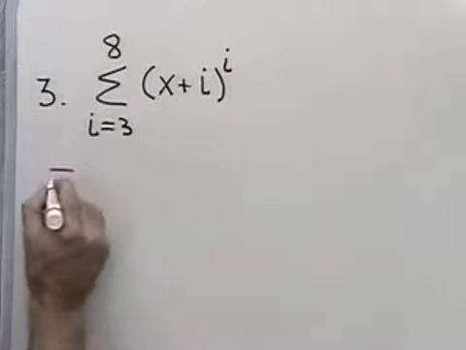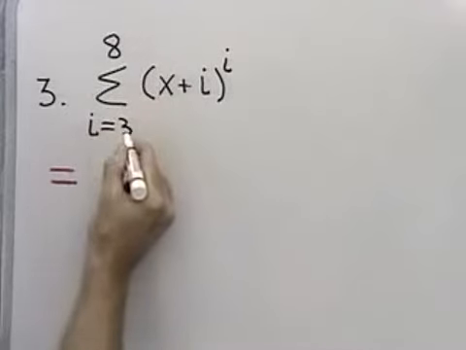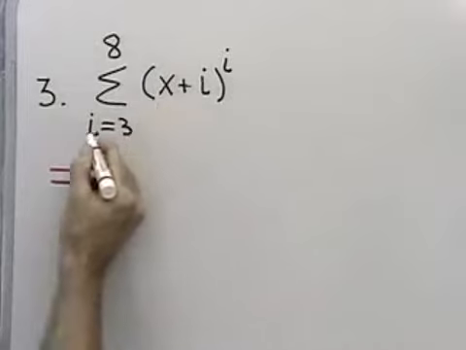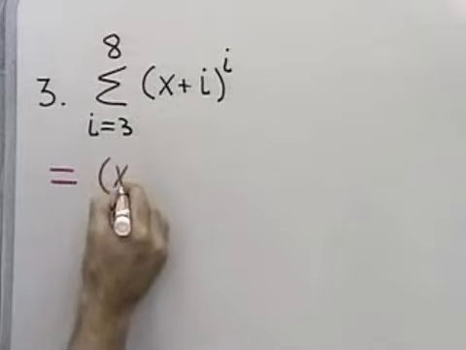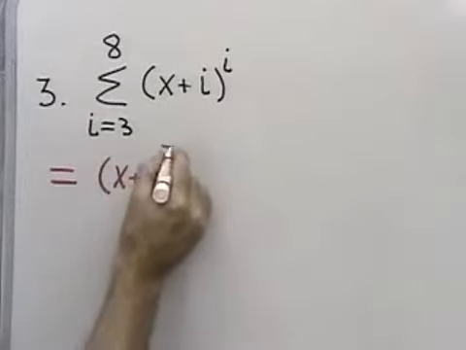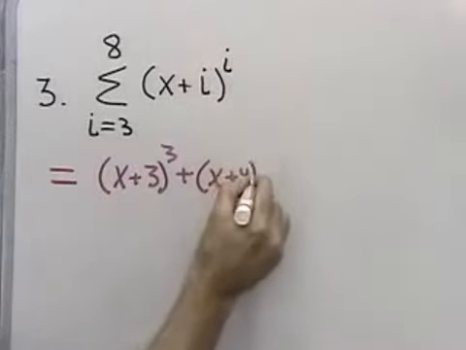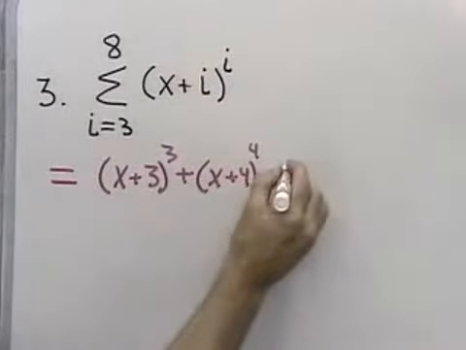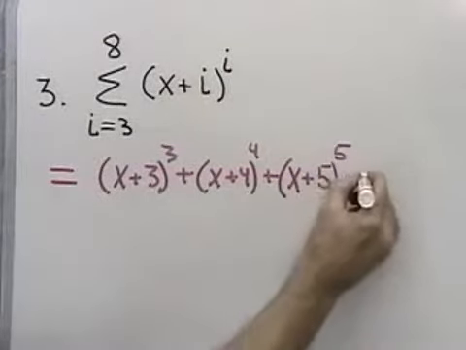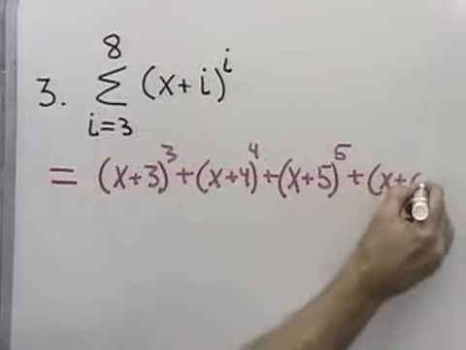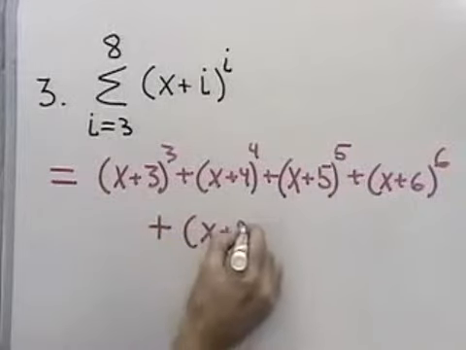So i is the index of summation here, that's what it's called, and it's the variable that varies with each term right here. This x has nothing to do with this i, so we're just going to leave it alone. It's part of this term. So I get (x plus 3) to the third power. Then I get (x plus 4) to the fourth power, plus (x plus 5) to the 5th power plus (x plus 6) to the 6th power plus (x plus 7) to the